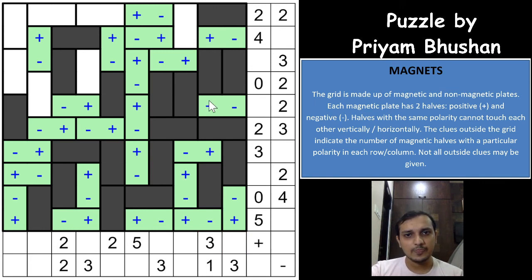And okay, so 3 negatives, right? So this cannot be a negative. So for the 3 negatives here, 1 negative, 2 negative, it cannot be a negative. So if this is negative, this will have to be a positive, which means the third negative will have to be this cell, and this is a magnet now, and which means the 3 negatives are already done. We are not sure about the fourth one.